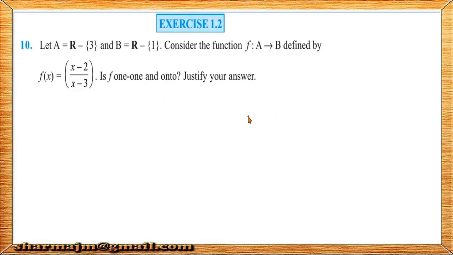Next question. Question number 10. F is a function from A to B, where A is the set of real numbers excluding 3 and B is the set of real numbers excluding 1. Defined as f of x is (x minus 2) upon (x minus 3). We have to check this function for 1-1 and onto. Okay, so see the solution. Let